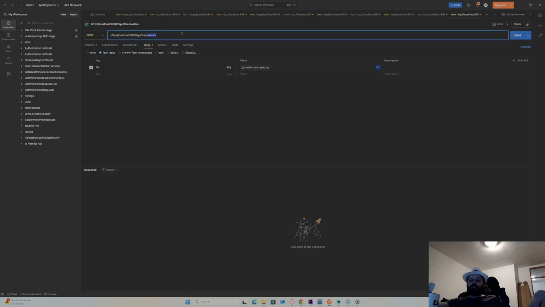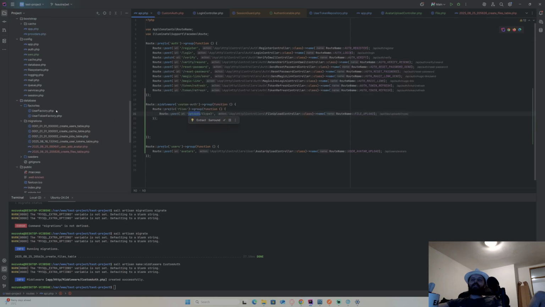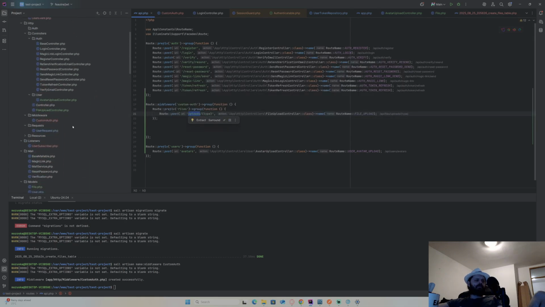File slash uploads, and my type now is gonna be avatars. Okay, I will leave it like that for now. And my authentication for now is gonna be same for the file, because it's avatar.